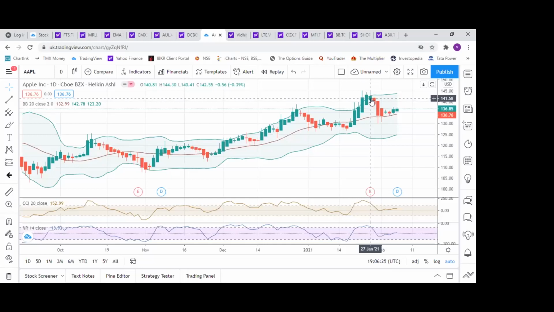One more thing I wanted to share with all the other participants: if we see the momentum of the increase, you'll notice that it is going down. See the size of the candles. Candle number 1, the first green candle, the bigger candle. It's decreasing. The other one is almost similar, and in the last 3 candles you can clearly see the difference. The size of the candles is small. It means the momentum of increase is falling down.